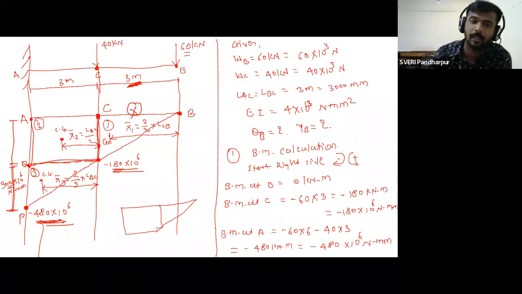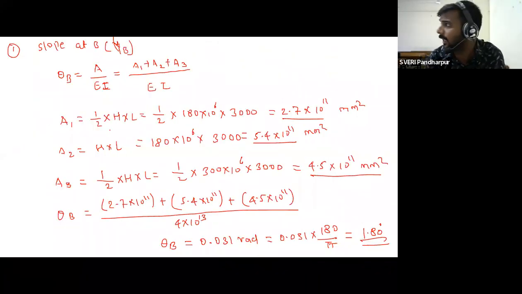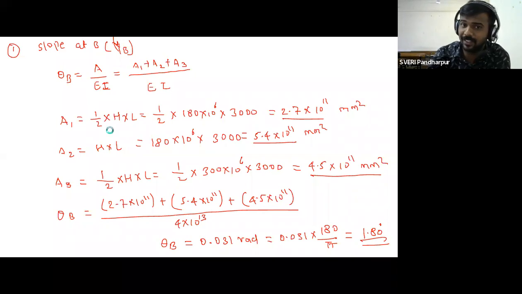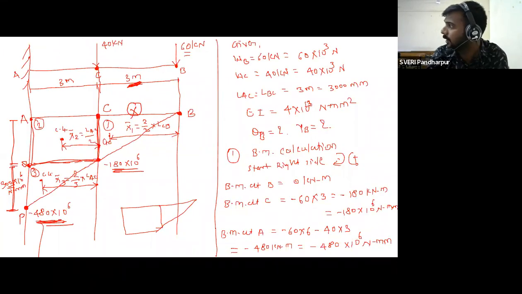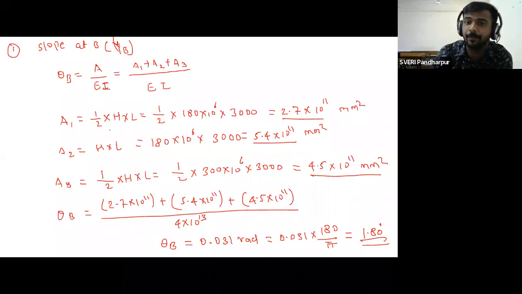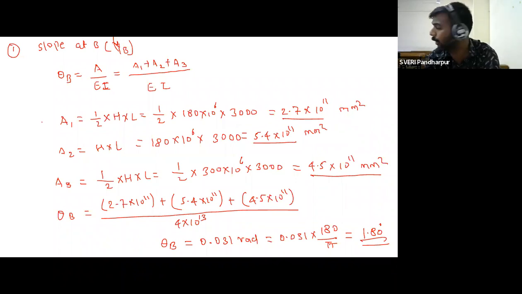Okay. Now theta B is calculated. To find theta B we considered all three sections. To find theta C, only two. Then which ones will you add? Only two cross-sectional areas: 5.4 into 10 raised to 11 and 4.5 into 10 raised to 11, divided by E into I. You will get the slope value at theta C. Getting? Now deflection